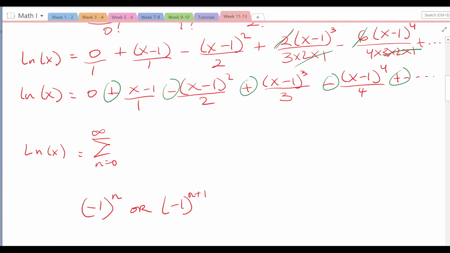For example, we have here x minus 1 as our first term, raised to the power of 1. So we have all the terms here, 1, 2, 3, 4 and so on. We have x minus 1 in all of them. So write down the common element, in this case x minus 1, and then it's just a matter of finding which of these two, negative 1 to the power of n or negative 1 raised to the power of n plus 1. But before we do that, let's work out the other terms here.